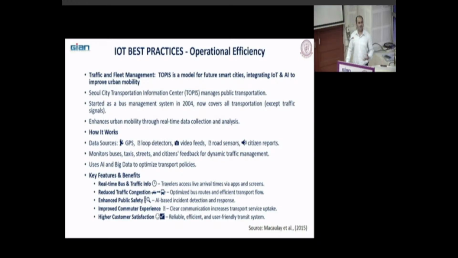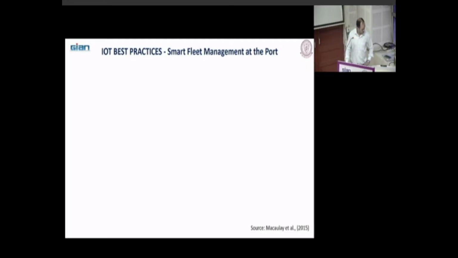system. If I am getting all the updates as a customer, as a citizen, about my bus, about my train, about my flight, and then on that basis I am making my decisions, so everybody will be happy. So that's why reliable, efficient, and user-friendly transit system. It will be more efficient for emergency vehicles like ambulances, fire brigades? Yes, that's true. Because these emergency services, they need to reach the affected area very fast. So this will be really helpful to find out the optimal route or best route.